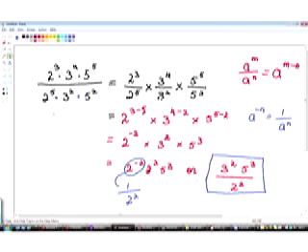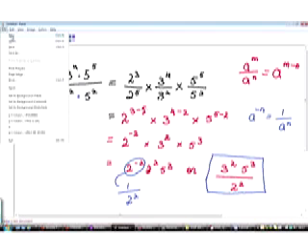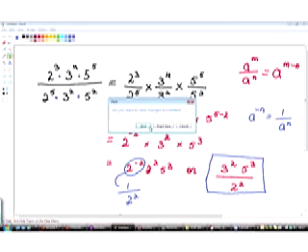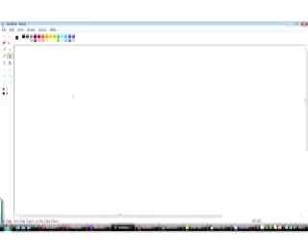Alright, so we'll look at another question. Clear the screen. We're going to look at a new question. Let's say we're looking at 2 to the 4th power multiplied by 2 to the 3rd power multiplied by 2 squared